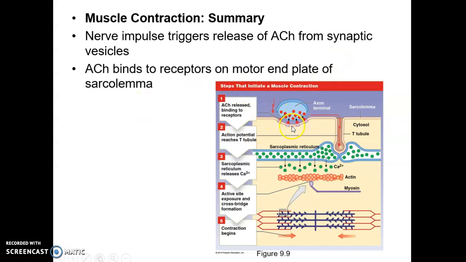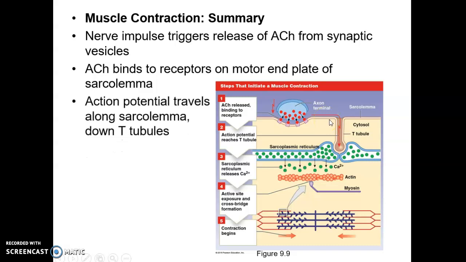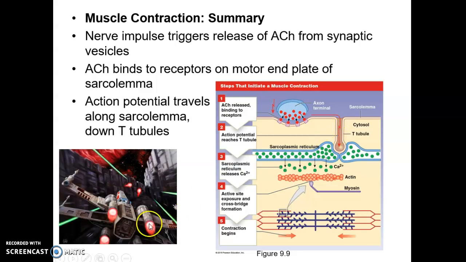Attaches to receptors, depolarizes the motor end plate, causing an action potential there. The action potential shoots across the sarcolemma and then goes down the T-tubules, diving into the muscle fiber,